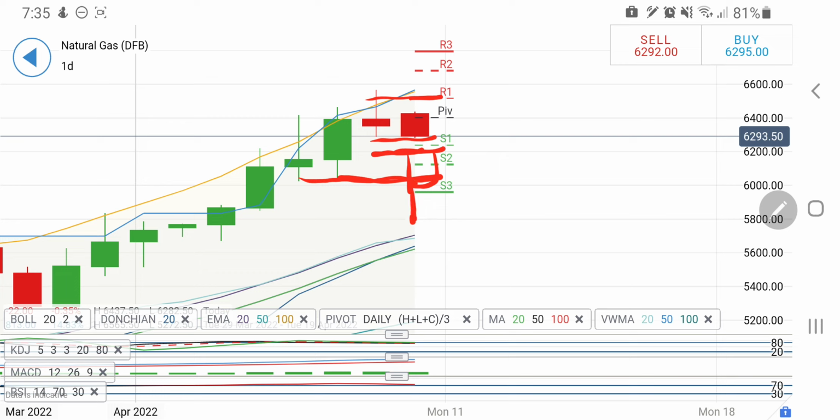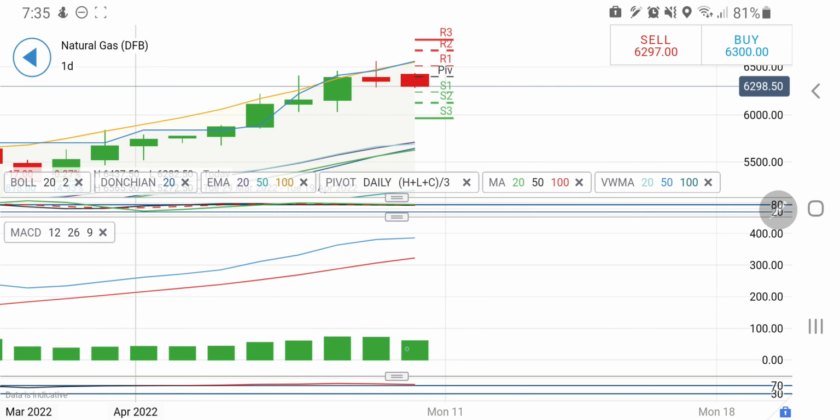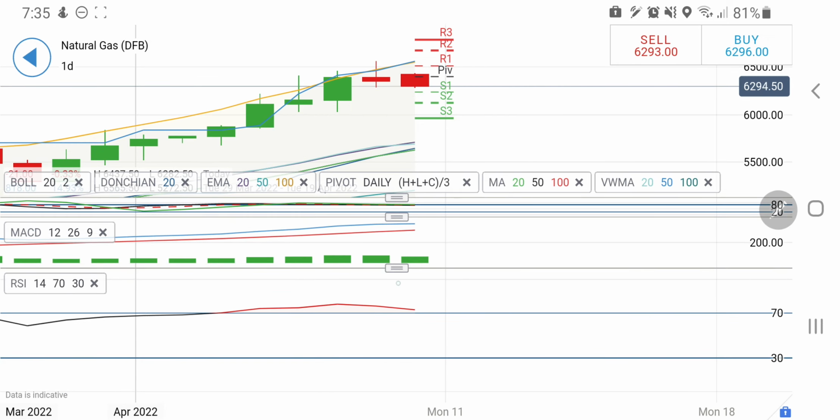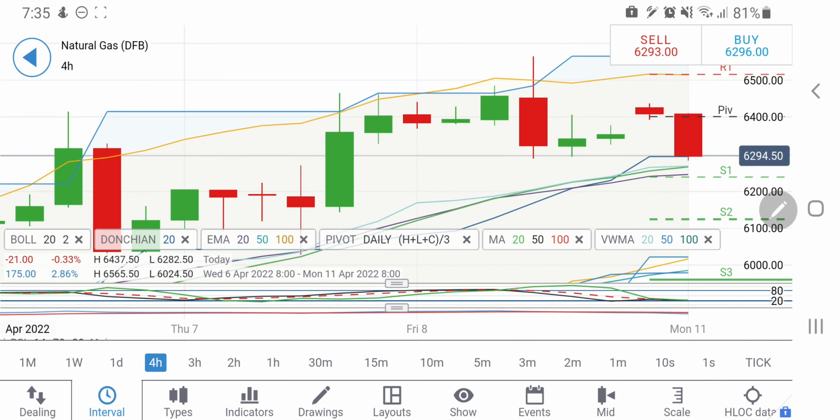you can expect that NG is going to hit 6.02, which is going to be larger support, and below that, it may try to come back to this zone, which is 5.6, 5.7 levels, as it is right now overbought, and hence a little correction is required on the daily charts. And MACD trying to converge here. RSI is overbought, and that is why you can see red candle here, and probably it may continue with a couple of little red candles here.